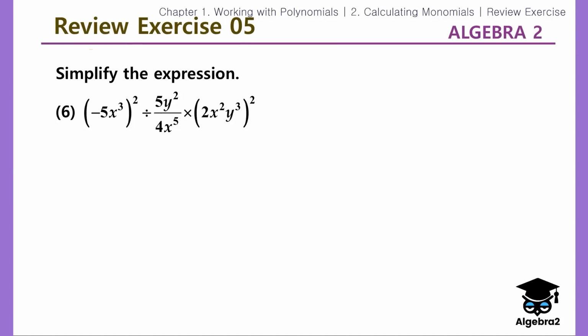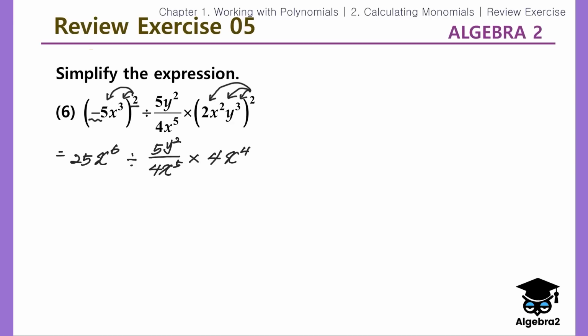Finally, number 6. Let's eliminate those parentheses first. So negative 2 times positive, right? Negative times negative gives us positive 5 squared. So that's going to be 25 x to the 6 divided by 5y squared over 4x to the 5 times 2 squared, 4 x to the 4,